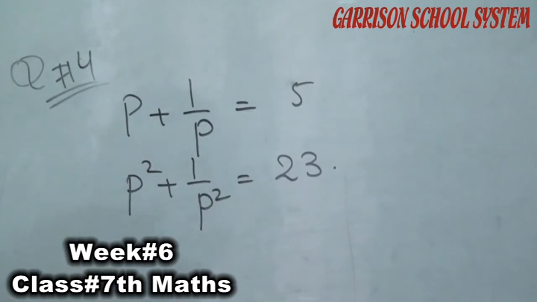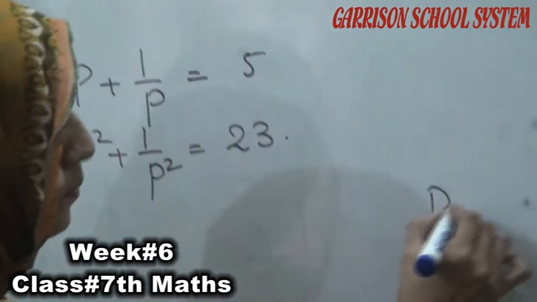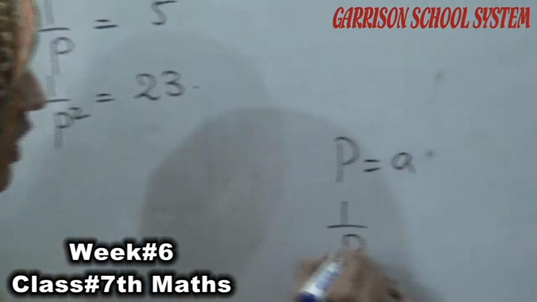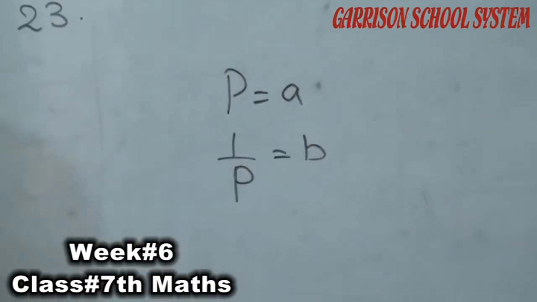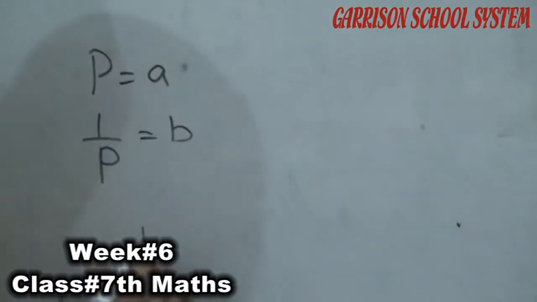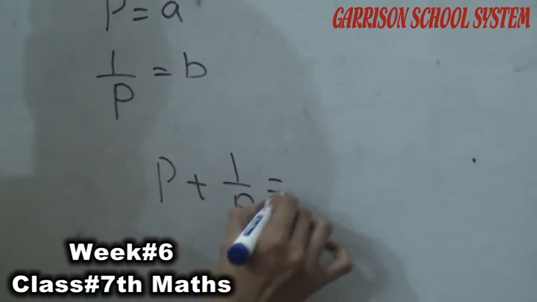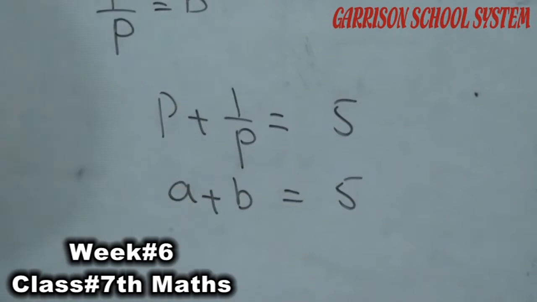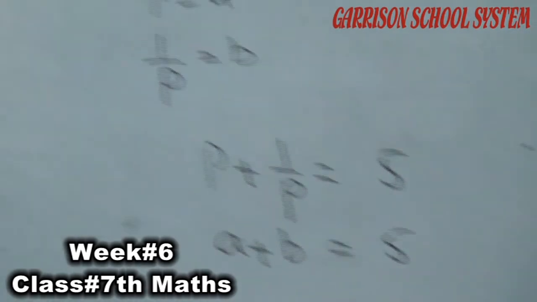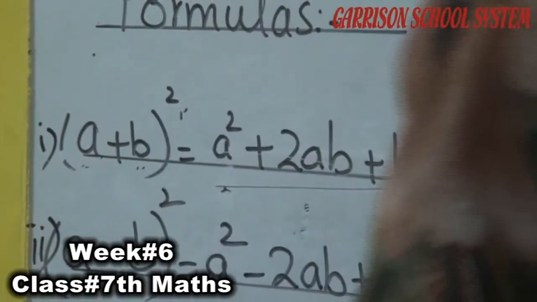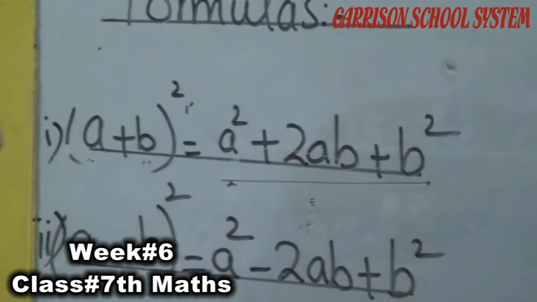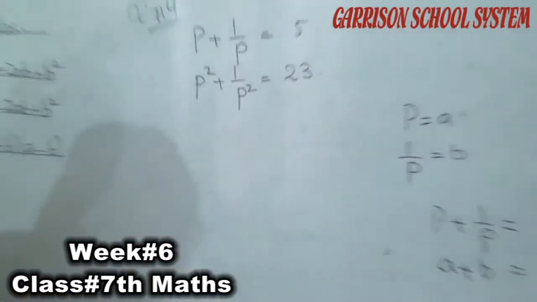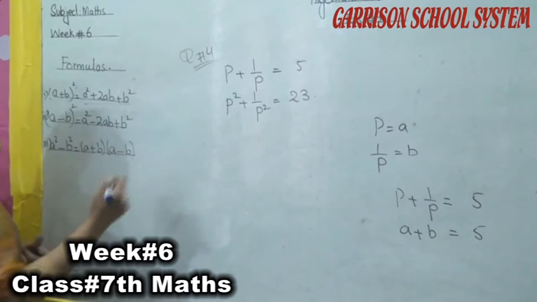P plus 1 over P. If I take P as A and 1 over P as B, then P plus 1 over P is equal to 5. It will become A plus B is equal to 5 according to this formula, and I have to show that P square plus 1 over P square is equal to 23, so I have to take the